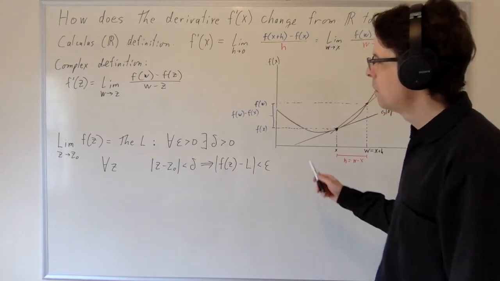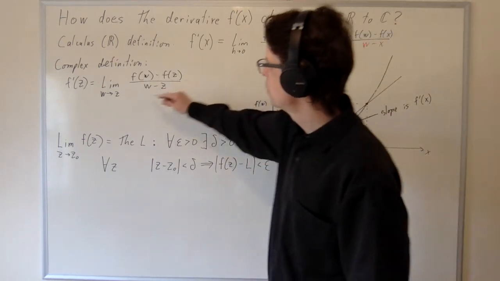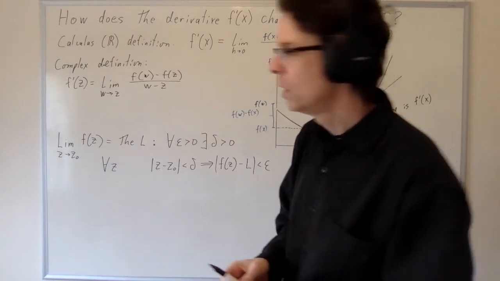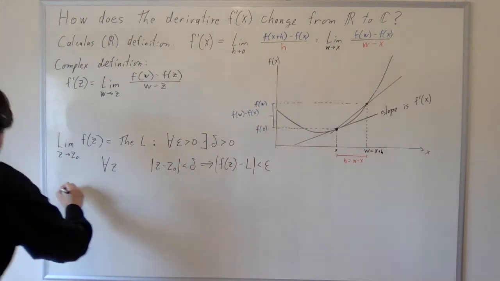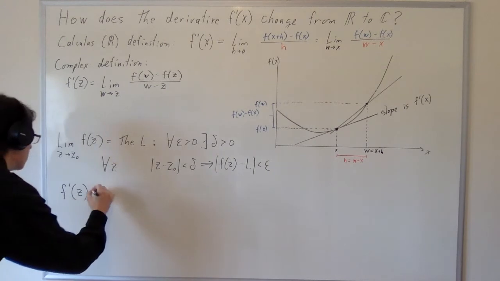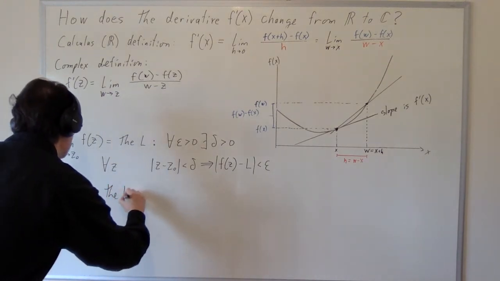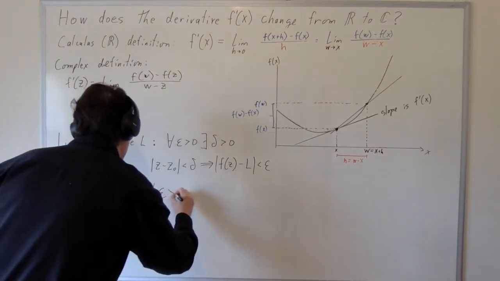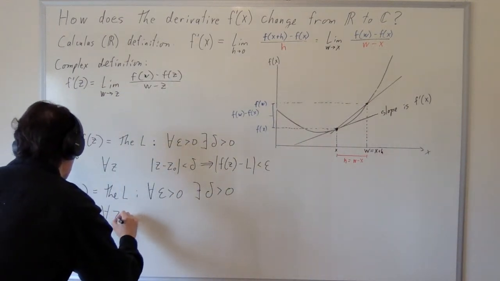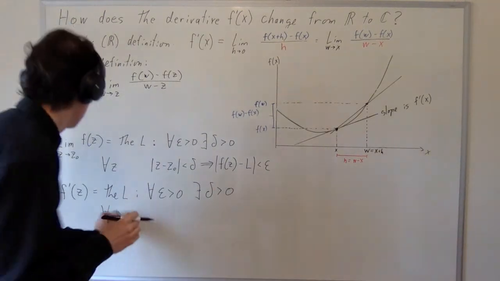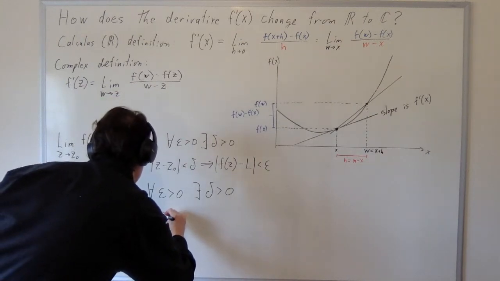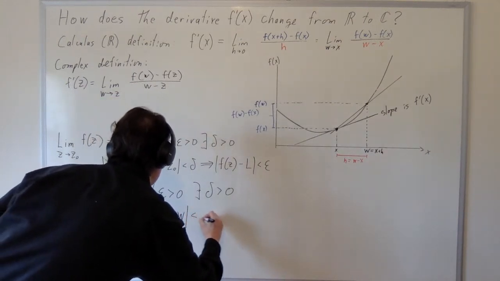So this is the definition of the limit, which is really implicitly meant here. And so we can open up the definition of the derivative to include the limit exactly. And what that means is that the derivative f prime of z is the single value L, such that for every positive epsilon, there exists a positive delta, such that for all, now I need to say W, for all W, if |z minus W| is less than delta,